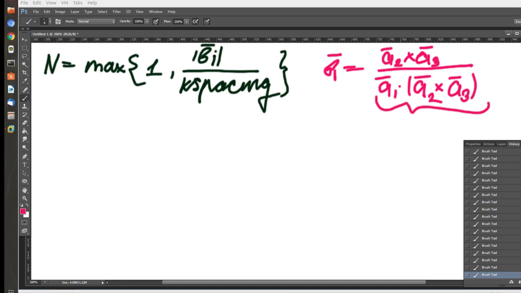That number is the volume of the unit cell, and here